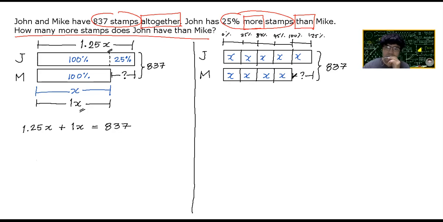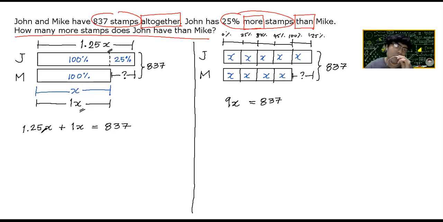Now, since this is 100%, luckily, we don't need to deal with these percents anymore. We may be able to use 9x, a total of 9x equals 837, which is correct. So you may pause this video for a while and try to find out on your own. But if you want to find out right now, let's proceed.